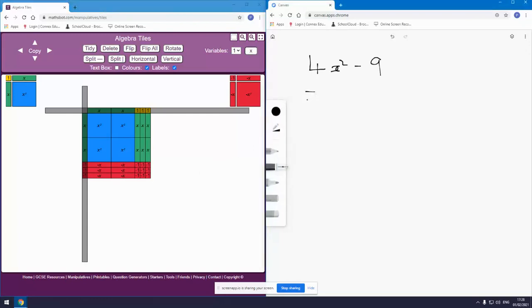Okay, but of course, in the end, we get to the same sort of thing where we've got the 2x plus 3 and the 2x minus 3. But what I'm particularly drawing people's attention to here is the fact that because I had no x's to start with, I needed to arrange these tiles so that the gap here and the gap there were the same size, so that I could fill one of the gaps with positive x tiles and another gap with negative x tiles, creating a total number of x of 0, a total area from the x's of 0, because this is just 0 paired to that. And that's the sort of crucial thing that you're trying to get across in this representation,